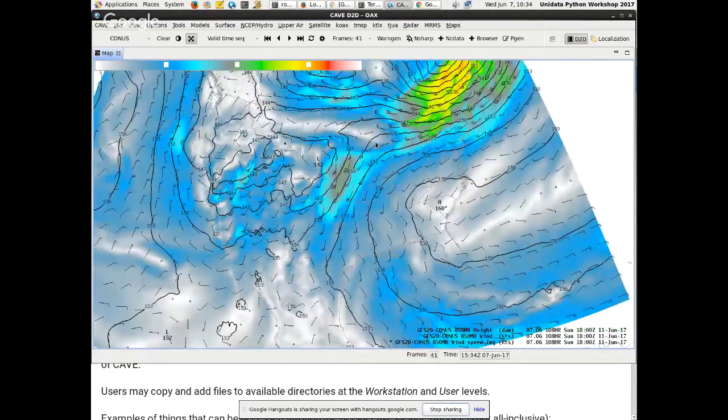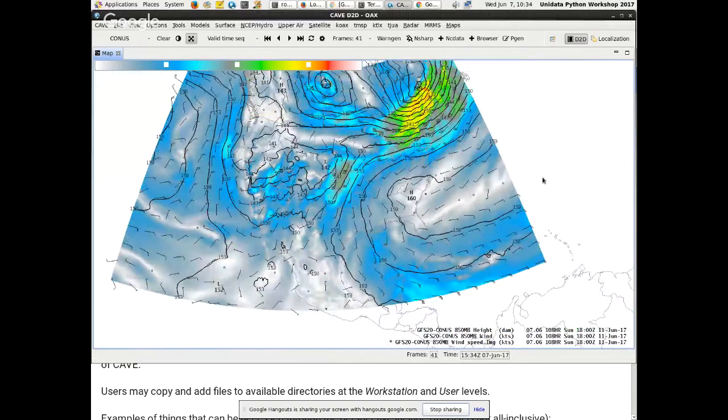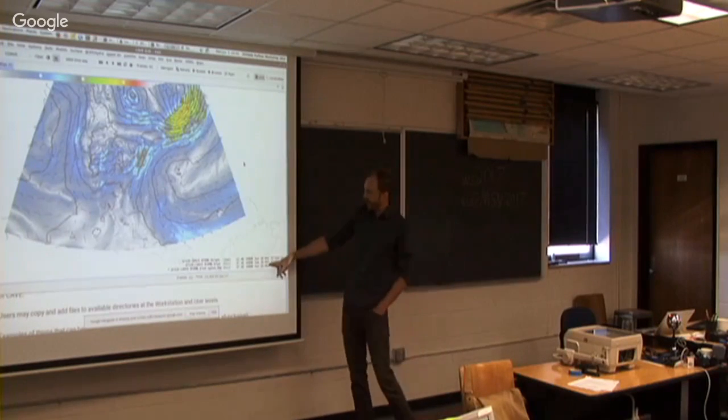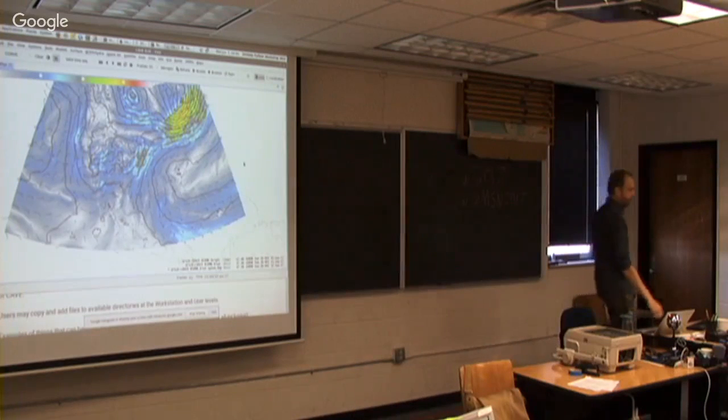That's a little better. So we've only been loading data to the view, and AWIPS CAVE differentiates between data layers and map resource layers. Obviously, data changes with time, and map resources are static with time. There are two different stacks available. So what we're seeing down here is the data that are loaded into the view will be added to the stack,